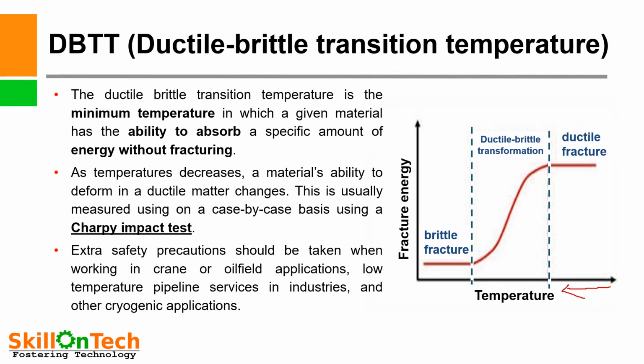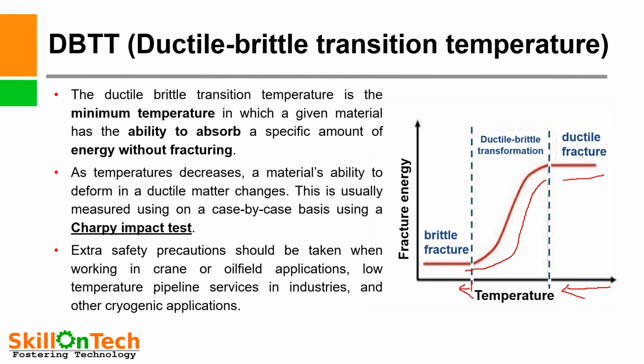So the behavior of material: here at this temperature there is a ductile fracture, and in this zone, this is a ductile-brittle transition, but after this, towards this zone, at lower temperatures, there will be a